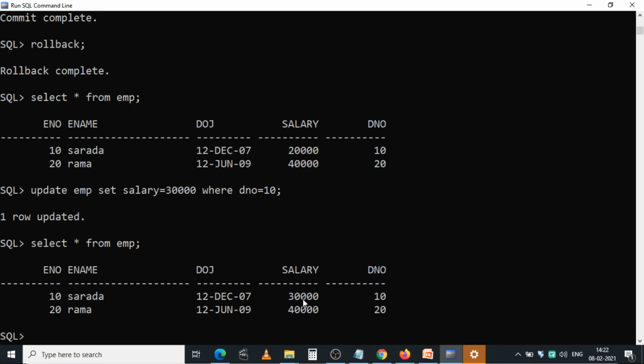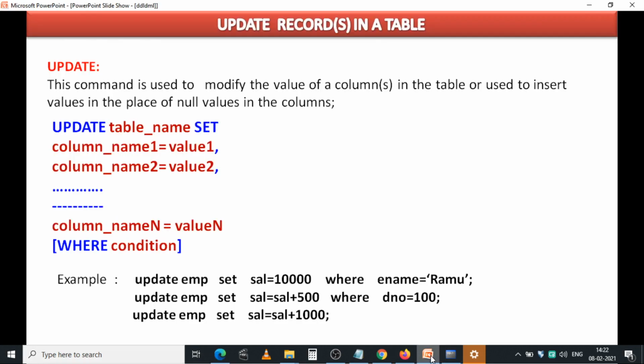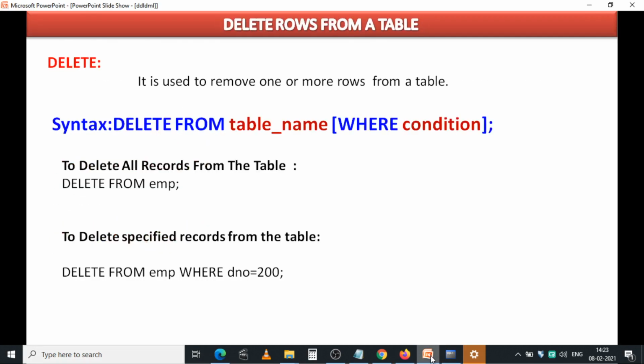And next, delete rows from the table. Delete is used to remove one or more rows from the table. For that, the syntax is delete from table name where condition. Here the where condition is optional. If you want to delete all records, no need to use the where condition.